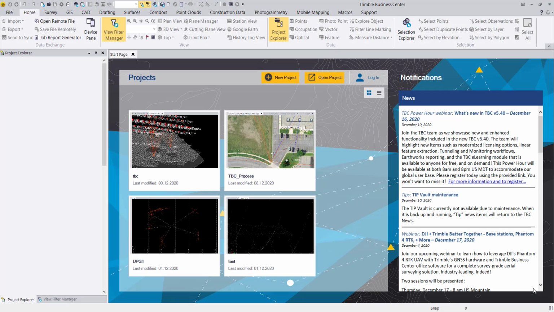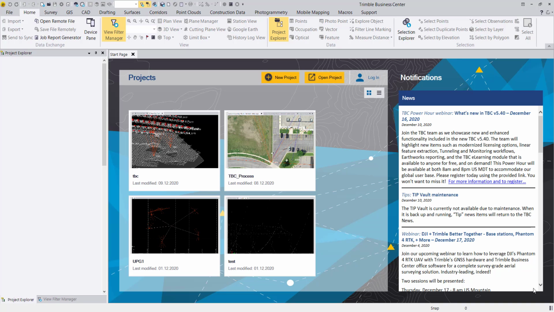Welcome to this video tutorial about Trimble Business Center version 5.4, and we want to show you here how to process DJI data using, instead of the T02 file, the internet download for the baseline processing. In case you have a T02 file, I recommend you to watch the other video showing the T02 processing in